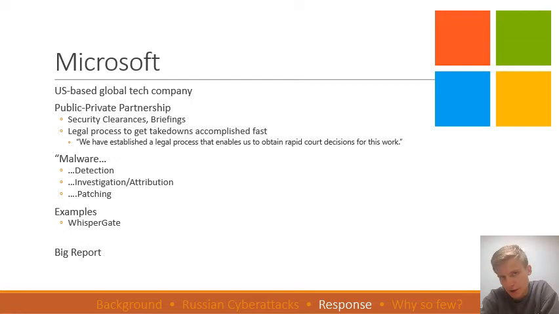The one company that I would say is not just doing conventional important things that have been done in the past is Microsoft. Microsoft is a US-based global tech company, and what they have been doing is pretty innovative and pretty interesting. One aspect of this is a pretty unprecedented public-private partnership. Public-private partnerships are talked about a lot in public policy related to a whole bunch of different things. But what's happening right now in terms of crisis management, in terms of security clearances being given to Microsoft officials who are working on this, in terms of briefings being given, classified briefings, giving them the information that they need to know,